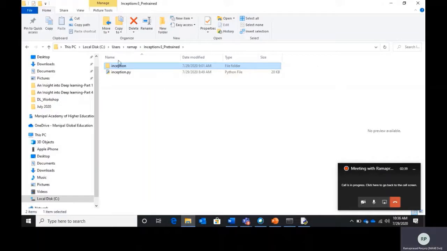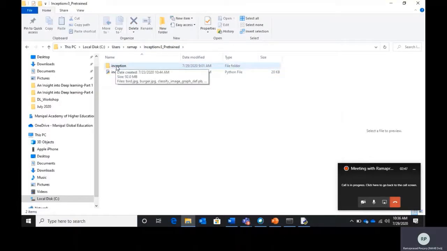Meanwhile, I can show you those 4 files which I was talking about. If you observe here, this is my path, Inception V3 pre-trained, and I have created a folder called Inception. I have a Python script which I have downloaded either from GitHub, or you can download it from the Google Drive link which I will provide in the description page. This is one of the important files, a Python script, and you will be executing this script to classify the image.